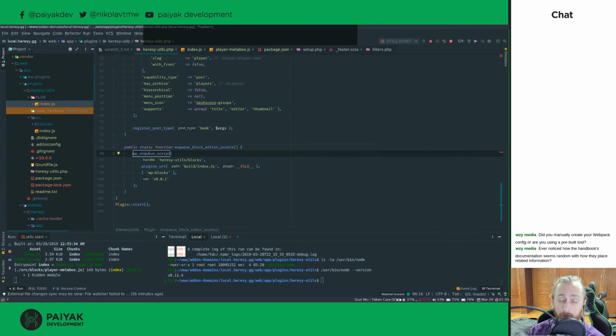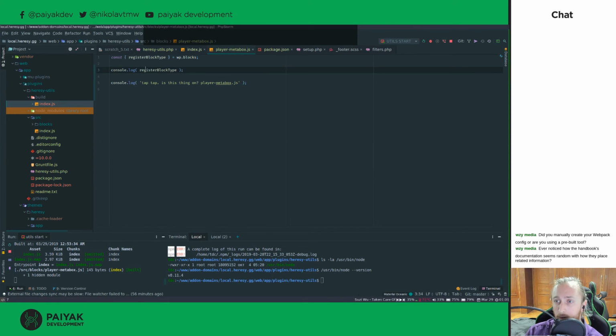Now what would happen if your script depends on another script that depends on your script? I'm not sure. Probably nothing good, so don't try it. No, just kidding. Try it, see what happens. It's always fun to experiment like that. Yeah, so we were missing the dependency, and so our script was being loaded before the wp-blocks script, and therefore we had an error when we were trying to access register block type. Okay, with that being said,